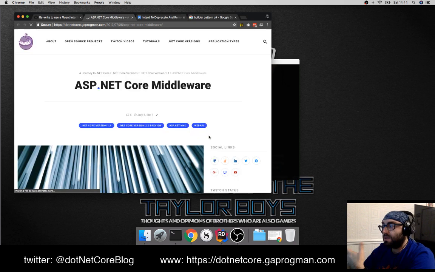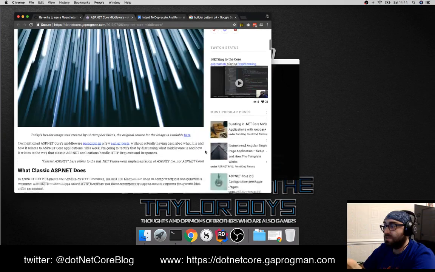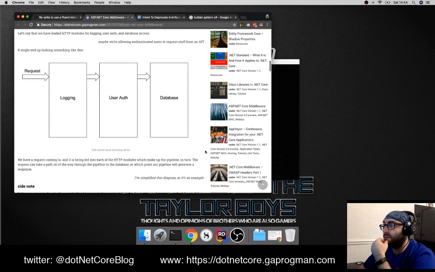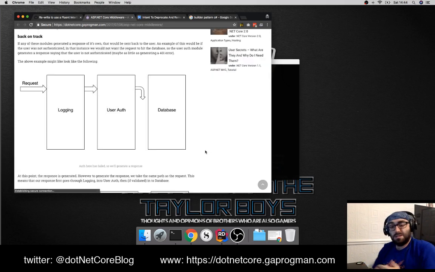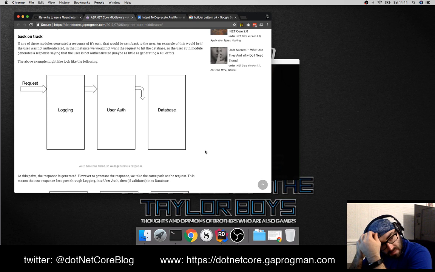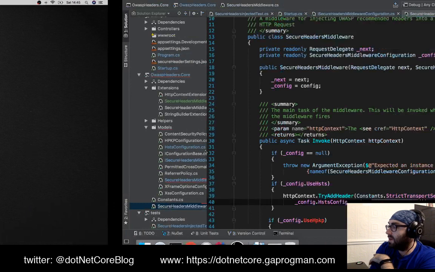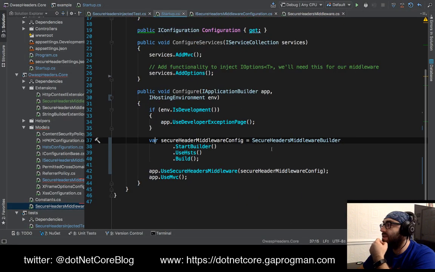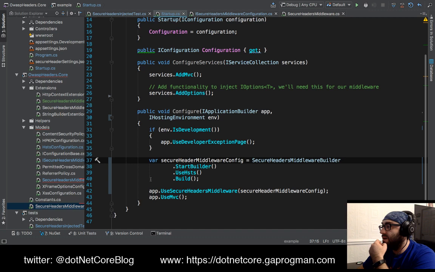So the way that the request pipeline for .NET Core works is it sets up, it is literally a pipeline. So let me scroll down to my image. It is the best set of images, I'm sure you'll agree. Totally not done with MS Paint. In fact, they weren't done with MS Paint, they were done with Google Draw. So what we have is ASP.NET Core sets up a pipeline, and as we add things, so if I just scroll back over here, if I go back to my startup.cs, anything that's added in here becomes